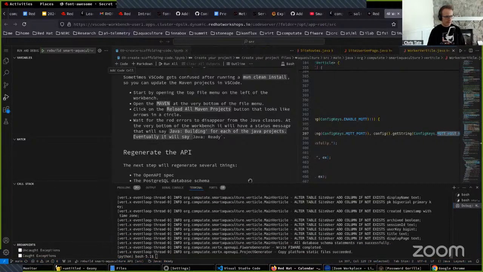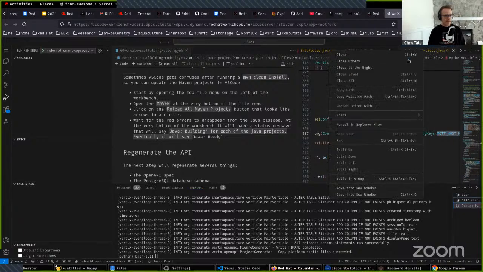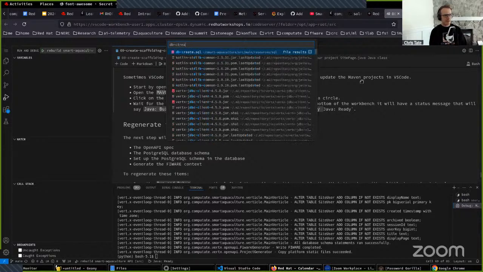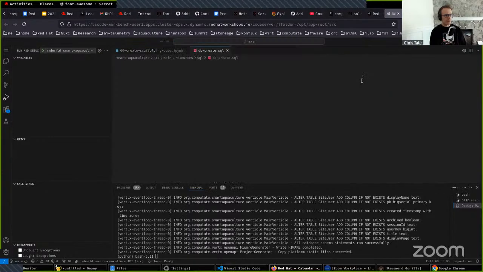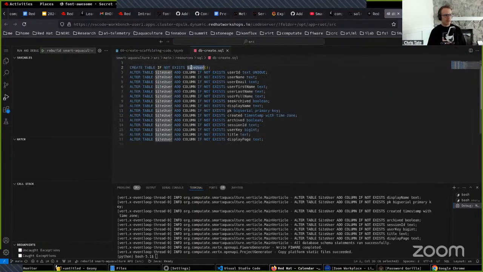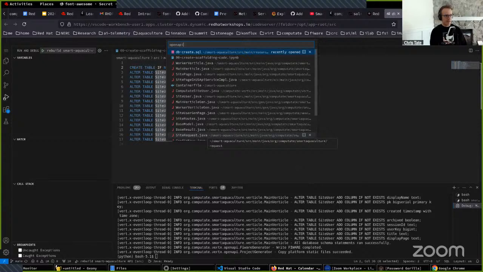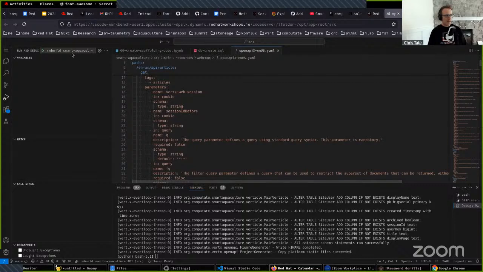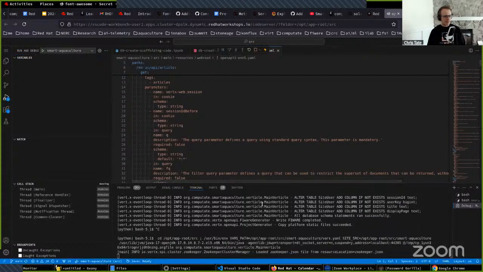Okay, so what it generated was, close all, db-create.sql, create.sql. So it created a database table for site user, and it also generated the Open API 3 spec. And now we can run our site that's based on this Open API spec. We can run this, and